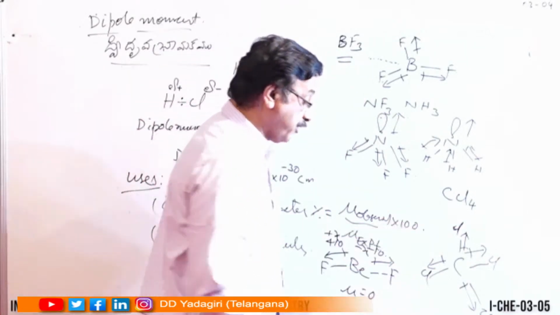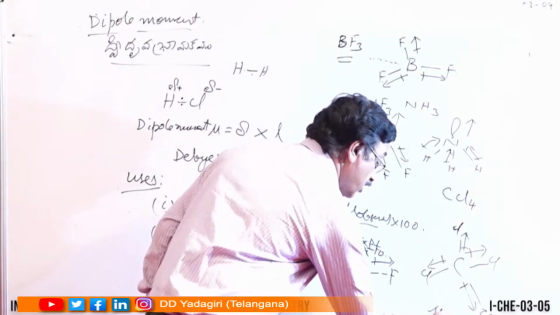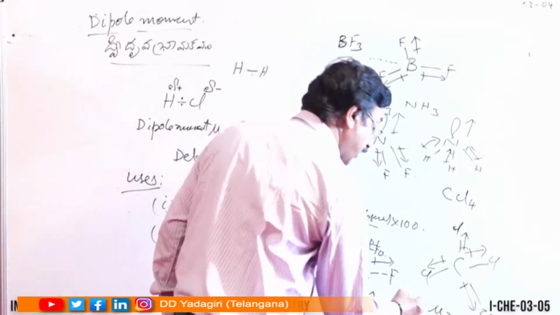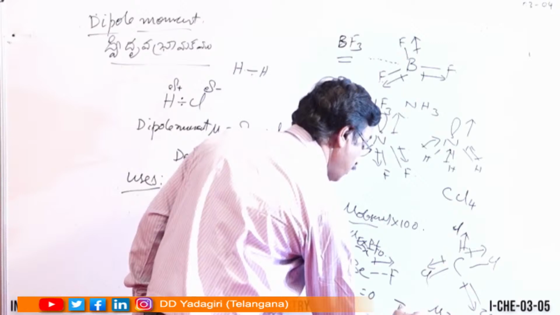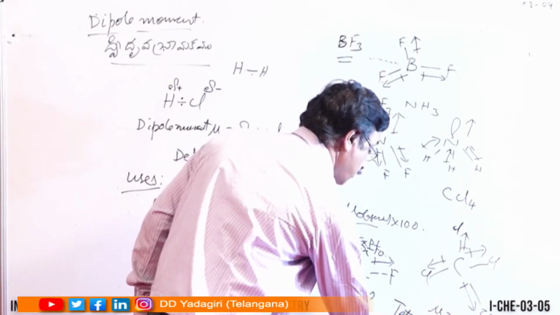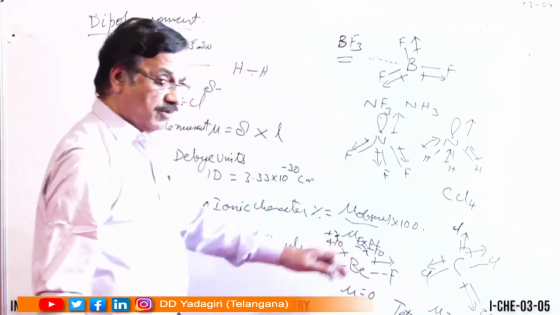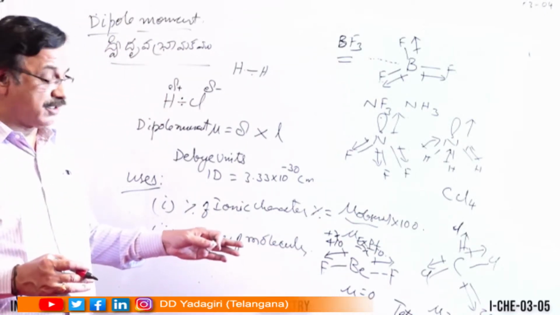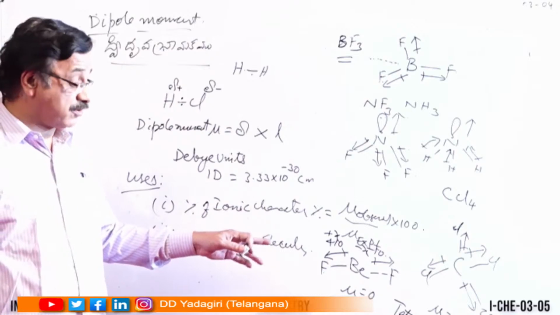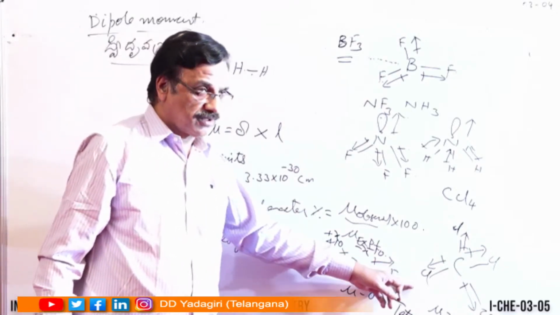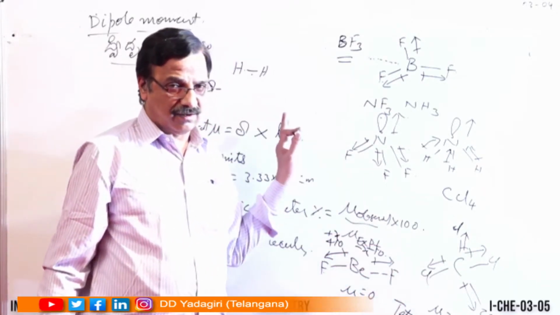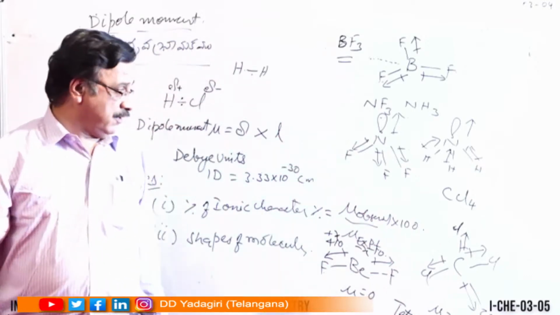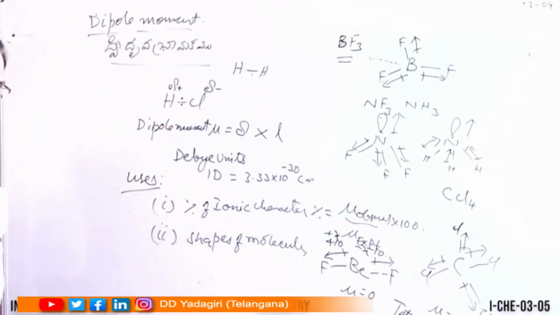So when does the total mu equal 0? When it is tetrahedral. When it is tetrahedral, the total molecule's bond moments, the dipole moment, will become 0. So that's why the shape of the molecule is tetrahedral, right? So let's go to the molecular